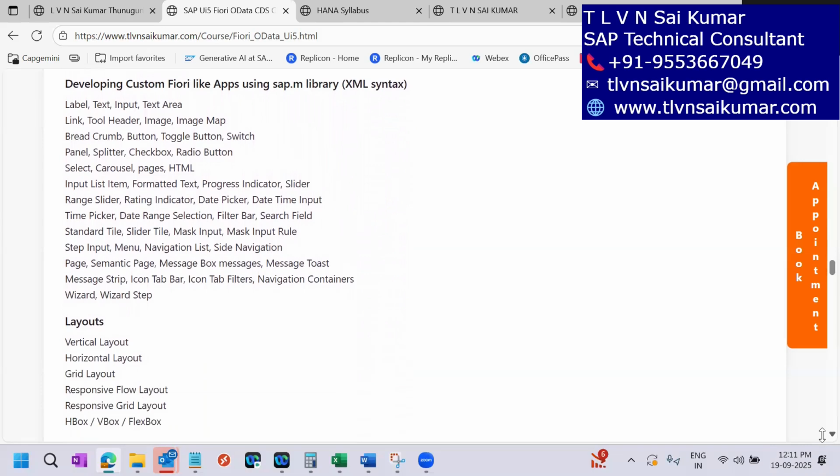Now next we will cover developing custom Fiori-like apps using SAPUI5 controls like label, text, input, text area. Next we will explain how to create a link and how to use that particular link at the Fiori app level. Now next we will cover tool header, images, image mapping,